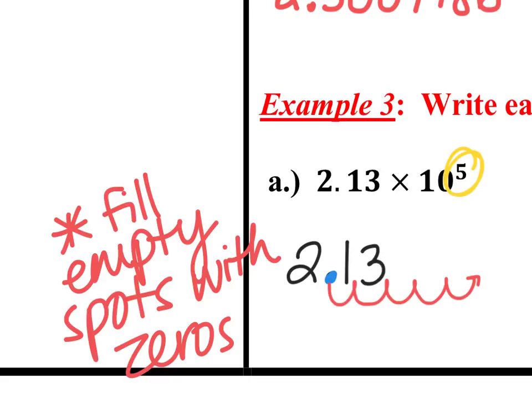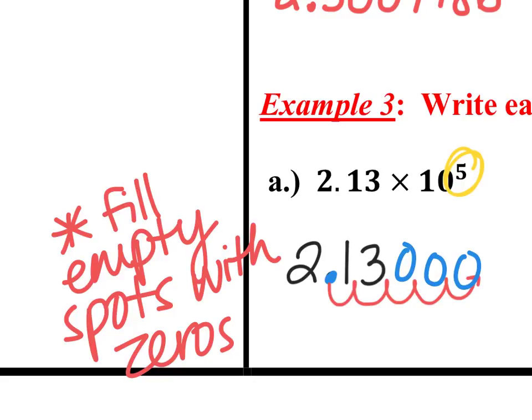So right here, you have 1, 2, 3 empty spots. Do not replace 1 and 3 with zeros. They live there in that valley. Don't kick them out. It's their house, okay? That would be really mean. So the 1 and 3 get to stay, but the empty spots get zeros because something has to